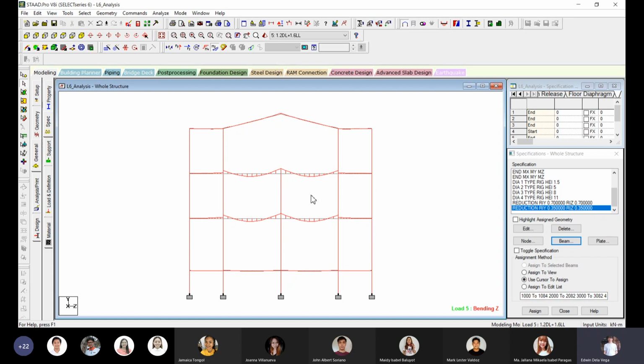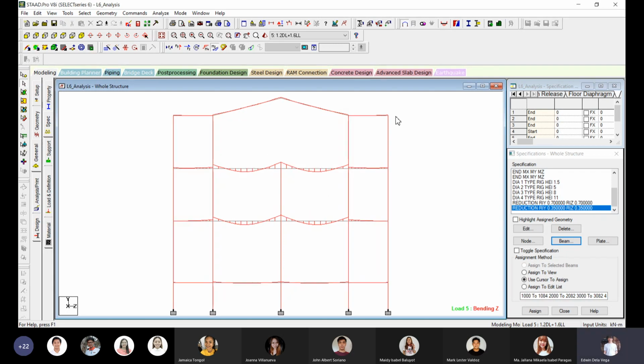Eh bakit pa natin ginawa? Okay? Sir, wala naman palang magbabago, ba't pa natin ginawa? So the reason for that, pag ni-reduce mo to, lalaki yung drift natin. No? Ano yung drift? Pag nag-earthquake, lalaki yung galaw. Lalaki yung lateral sway. Yung side sway na tinatawag natin sa theory of structures. So pag lumaki yung side sway,